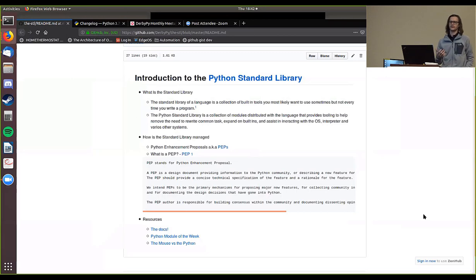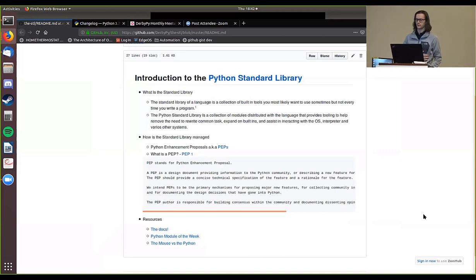Python standard library is kind of where Python gets the term batteries included from, because there's a lot of functionality that ships with Python straight out of the box beyond just what the language allows you to build yourself. So to answer the question of what is a standard library, standard libraries are collections of built-in tools. Typically, they're going to make operations that you do over and over again, things you don't have to write custom functionality for. So in Python, think about opening files, threading, multiprocessing, web requests, all kinds of stuff is built into